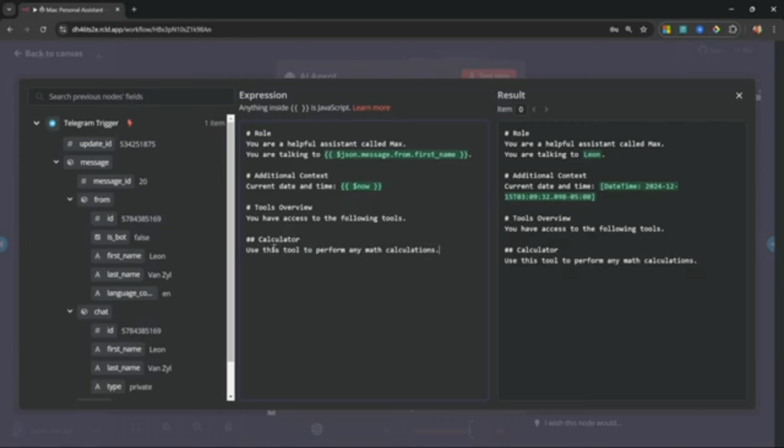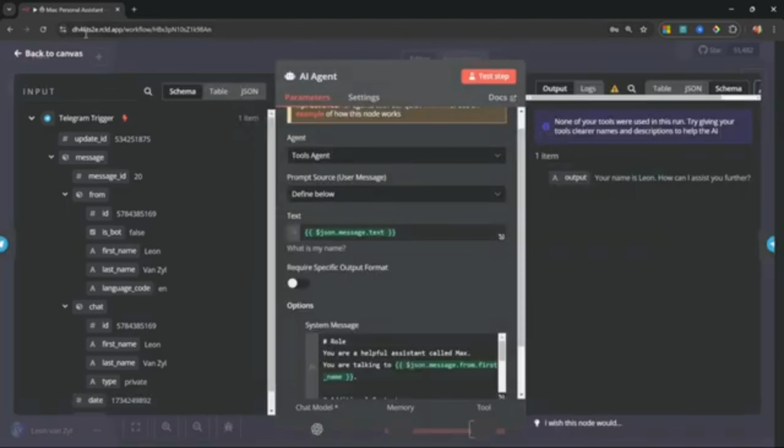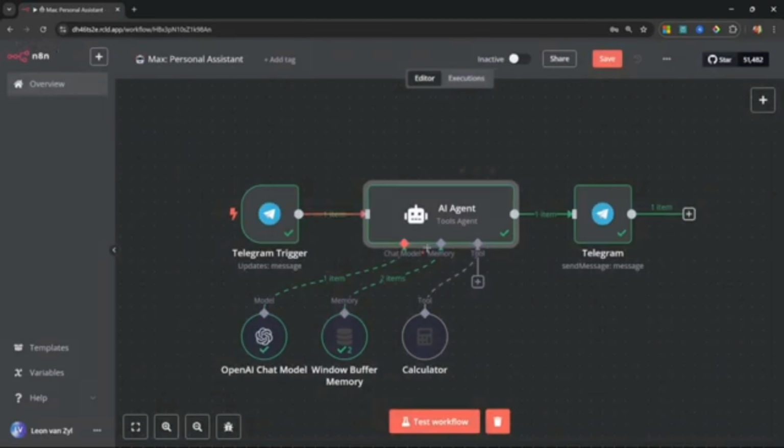Now we will add more tools to this in a second, but I just wanted to show you how to logically build up these system prompts as you're building these agents. And of course, passing in the current date and time is extremely valuable, especially when we ask it questions like retrieving the latest news or the current